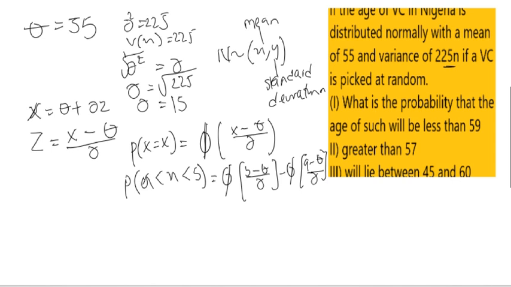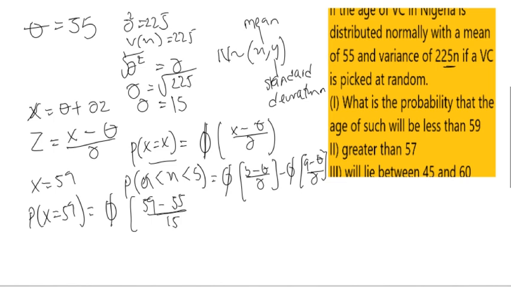This question says, what is the probability that the age will be less than 59? So for this one, our x is equal to 59. We're dealing with normal distribution, so let's put our formula. We're using this because it's not a range. So our P when x is equal to 59 will equal the z score of 59 minus our mean, which is 55, over the standard deviation, which is 15. 59 minus 55 gives us 4. So 4 divided by 15 gives us 0.26